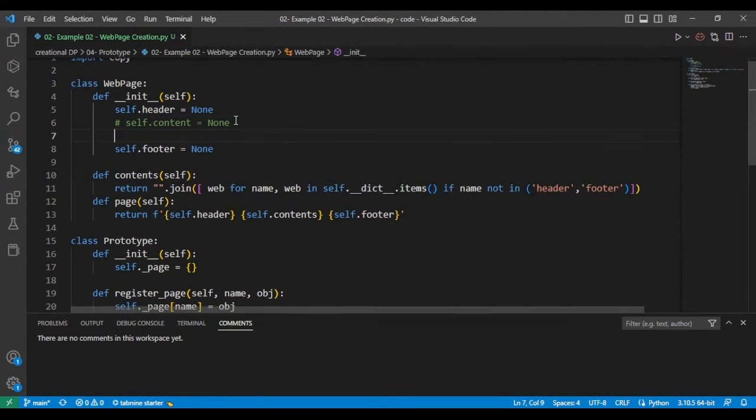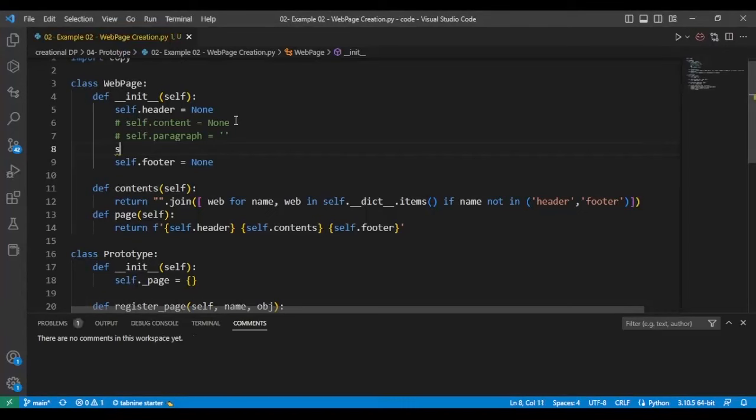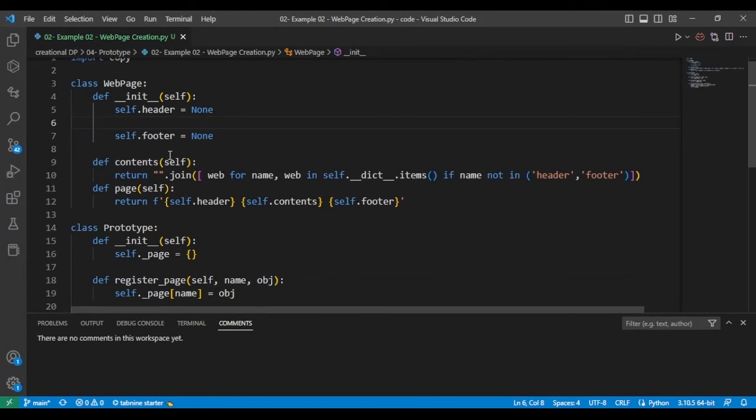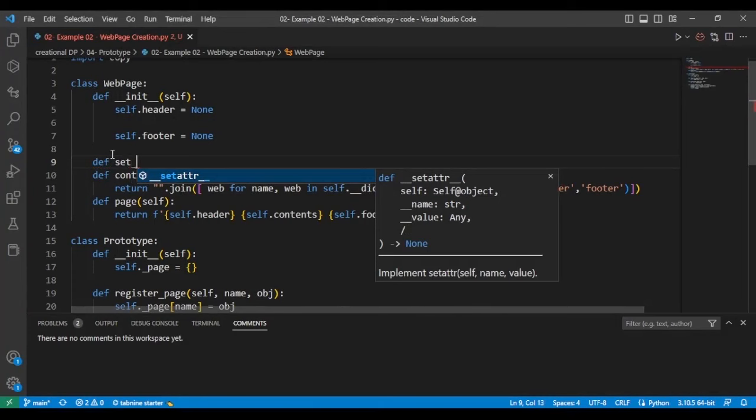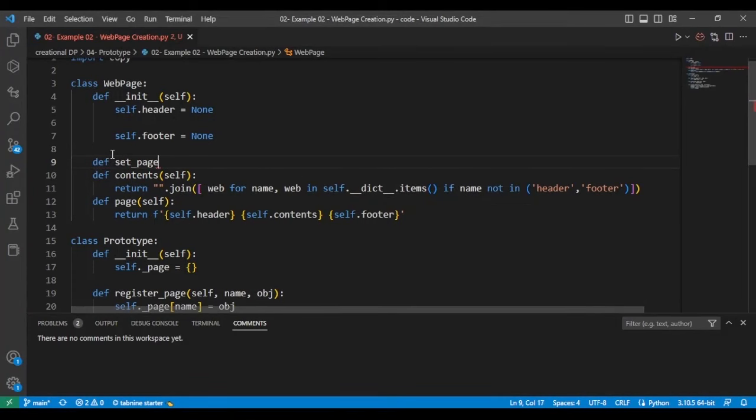For instance, I have, say, self the paragraph, which has some content in there, self the people, which has some content in there. So basically the headers and the footers are always the same thing. So I'm just trying to create a way in which we can flexibly get all that data out. So I'm going to delete this, and to do that I'll just say set the pages. That is how to create all those middle pages,